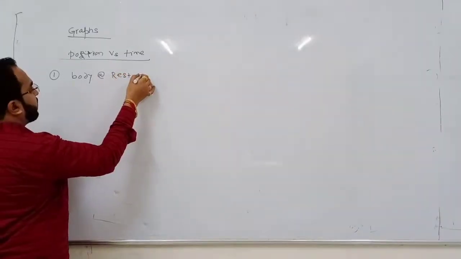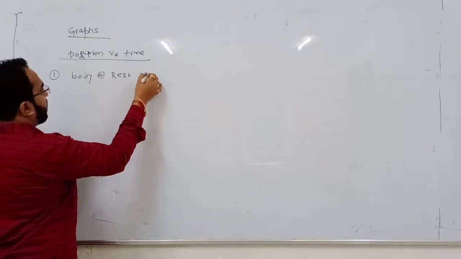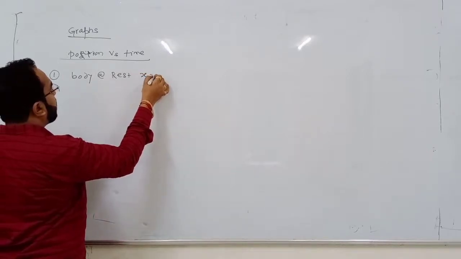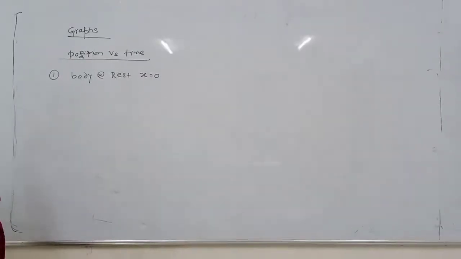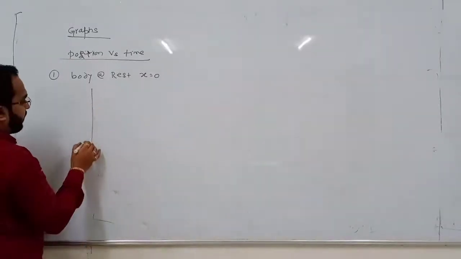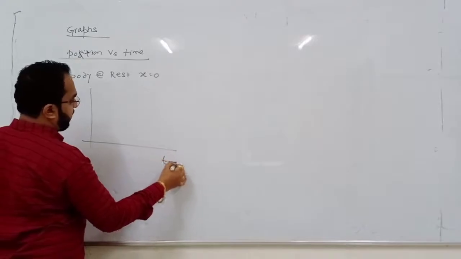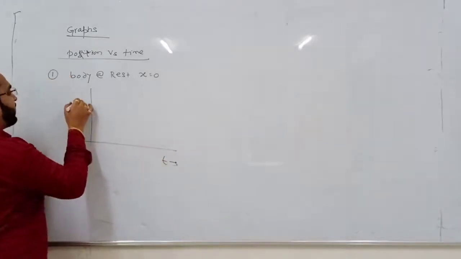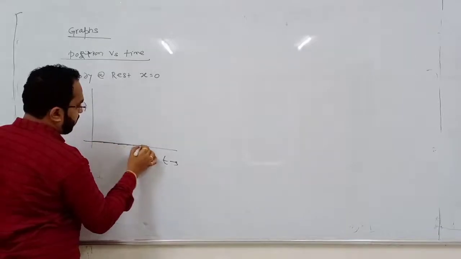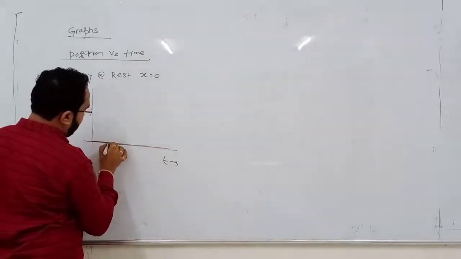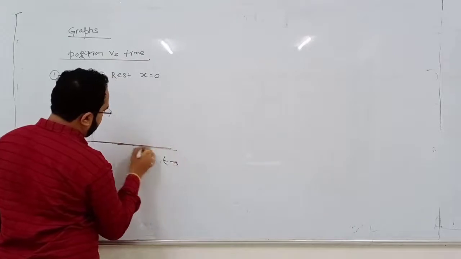Body at rest. x is equal to 0, म्हणजे काय? x is equal to 0 वरती बॉडी आहे, ती तिथंच आहे. टाइम इनक्रीज होतोय पण x इनक्रीज होत नाही. सो दिस विल बी द कर्व, स्ट्रेट लाइन ऑन